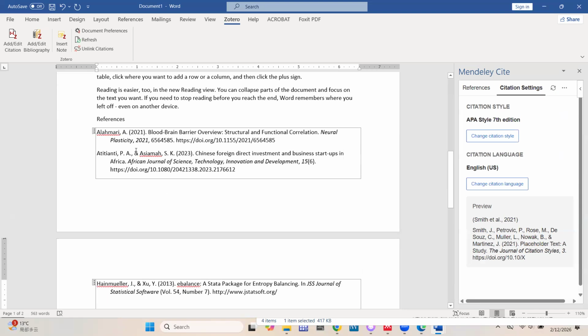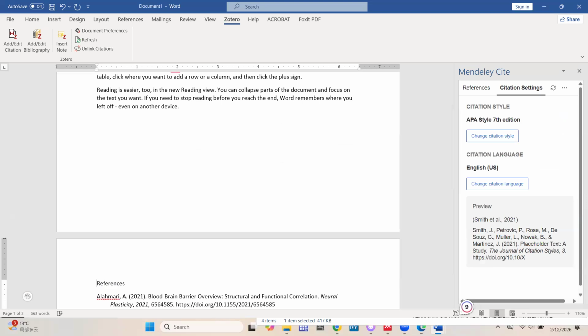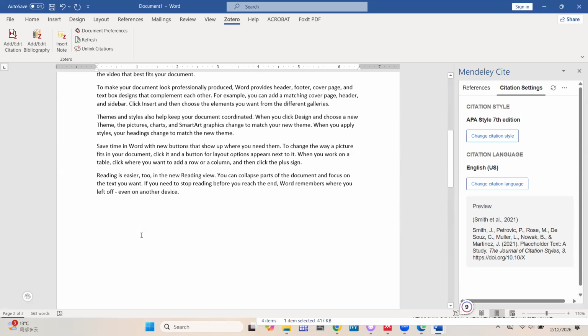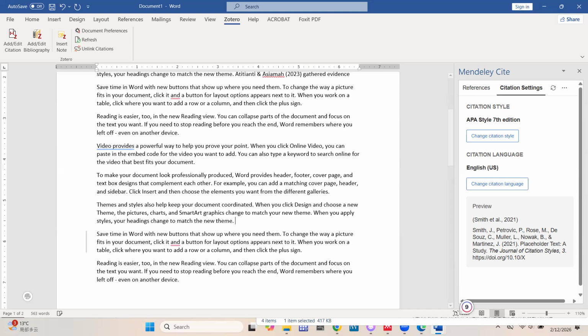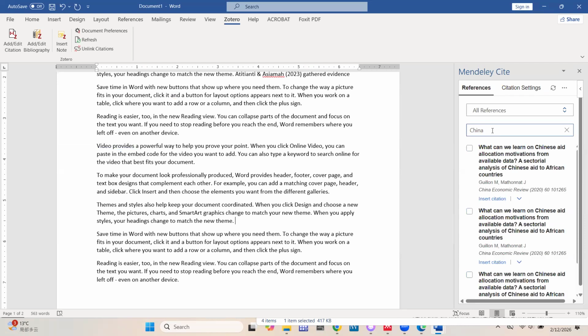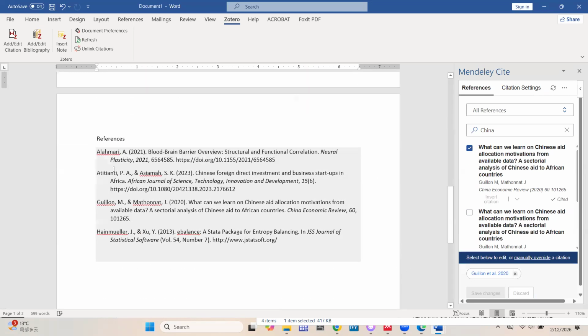And then you realize that automatically Mendeley inserts the reference list or the bibliography. And it does so alphabetically, right? So you have it over here. So now, if I add another citation, right? So let's go to our references. Let's use another keyword. So we have another keyword over here. So let's use insert, and now it inserts. You realize automatically it has added it over here. So that's what the live update will do.